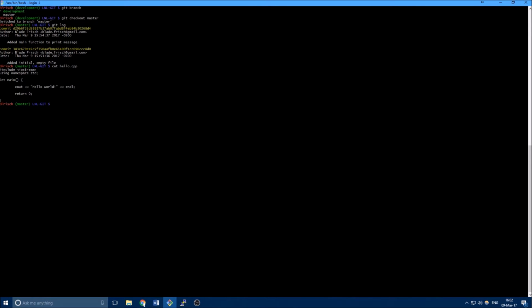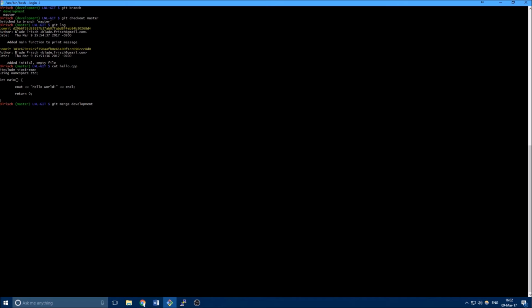But let's say that we really like that feature. We really like having a command line parameter, and we want to put it into our main code, or this master branch. Well, what Git allows us to do is this thing called merging. And you take one branch and merge it, combine it into another. So we're going to go over how to do that right now. So I've been doing work on the development branch, and I want to merge it into the master branch. So I'm going to stay on the master branch. I'm going to do git merge